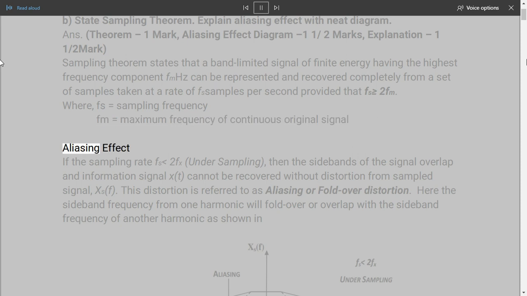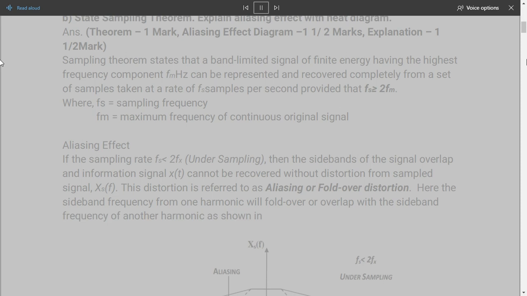Aliasing effect: if the sampling rate fs is less than 2fm, undersampling, then the sidebands of the signal overlap and the information signal x(t) cannot be recovered without distortion from the sampled signal. This distortion is referred to as aliasing or fold-over distortion. Here the sideband frequency from one harmonic will fold over or overlap with the sideband frequency of another harmonic as shown in